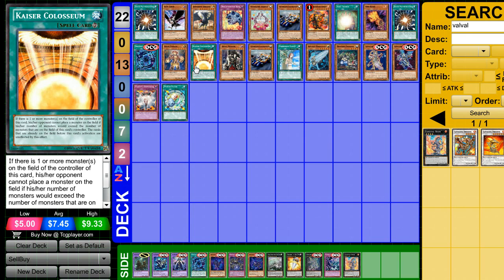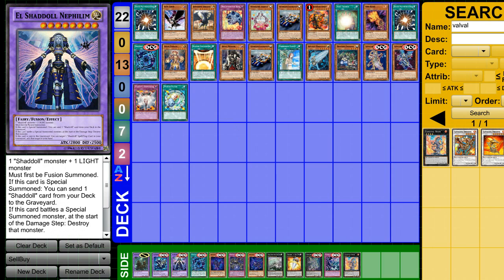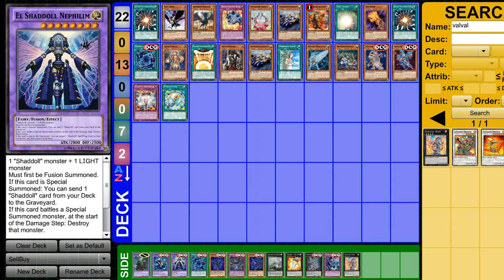Kaiser doesn't really hurt you at all, because what you're going to do is just be like, oh cool, Shaddoll Fusion. Nephilim, unfortunately, only wrecks the special summoned monsters, and Boojin Yamato very rarely gets special summoned. He usually gets normal summoned, so unless it's a Mikazuchi or something like that, then I guess you can make this, and then at that point they would have to be very sad about it. I mean, it's still not a bad card to make against the deck, but they will just outplus